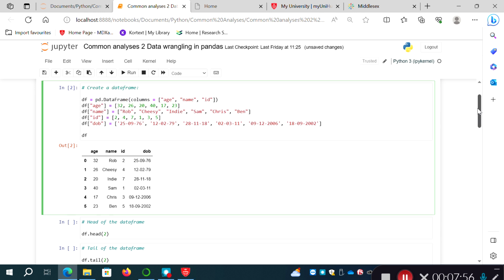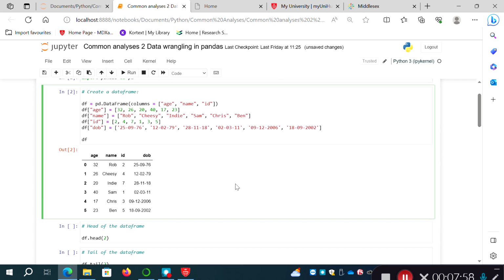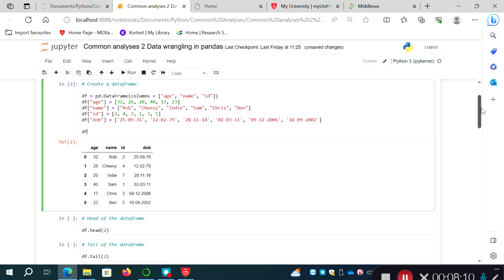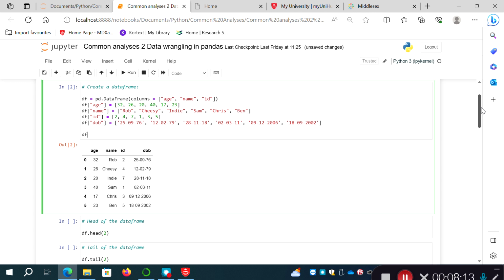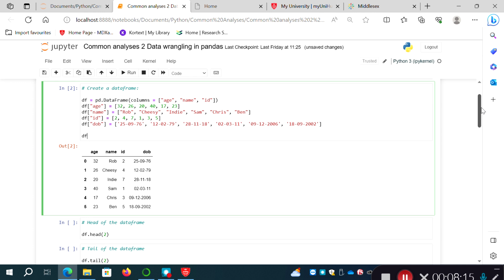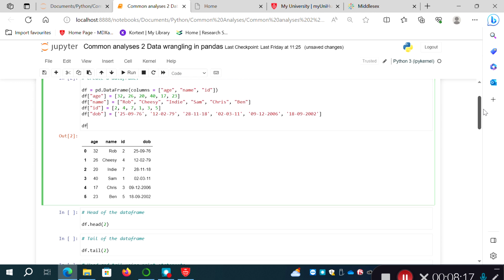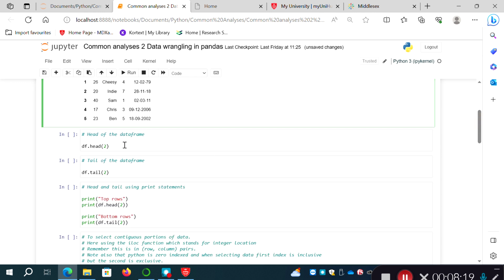But okay, this was a short data frame, so we could just create this data frame and call it using df, the object name, and it shows the whole thing. And if we had a much bigger data frame and we called it using the object name, it would print the whole thing to the screen. If you've got lots and lots of rows, hundreds of participants, maybe you don't want that. So we could just check to see if it's imported properly or being generated properly using the